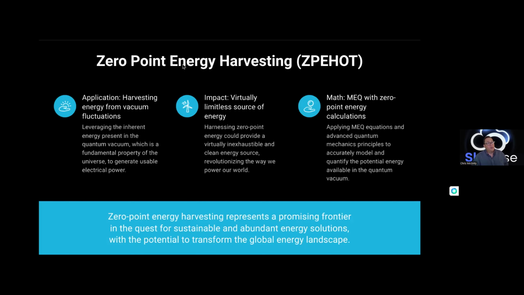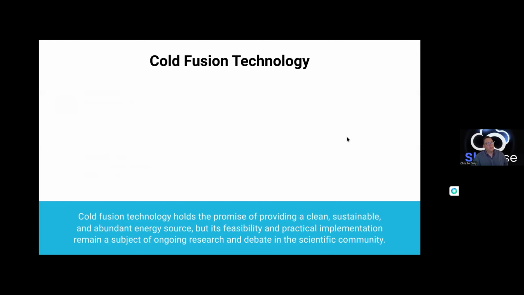The same thing with zero-point energy harvesting. That's another one that's on the horizon. Again, a lot of this is theoretical physics, but I'm not making any of this stuff up. It's highly vetted by advanced AIs. And as the experts look at it, one after the next, it hasn't been wrong yet. So these are some of the things on the frontiers that I welcome anyone to scientifically scrutinize, and go for it, and move forward with some of these.